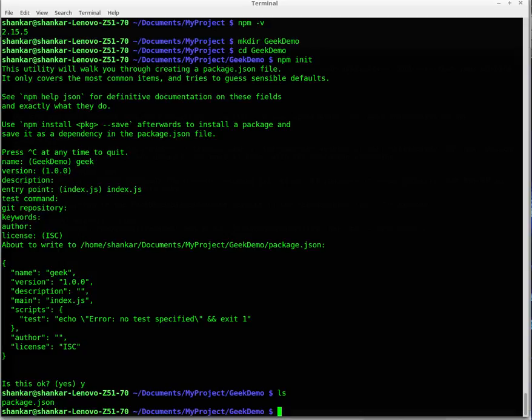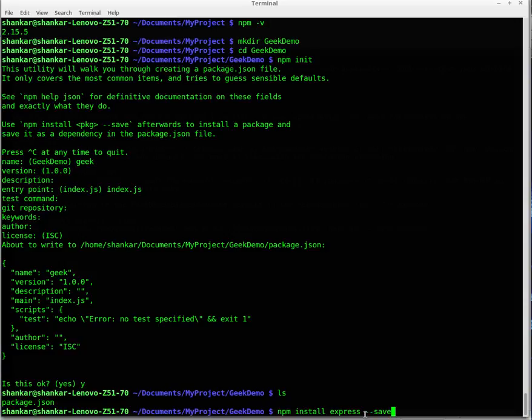So now to use Express, you have to install that Express in this project itself. So use npm install express --save. This will add into the package.json as a requirement.